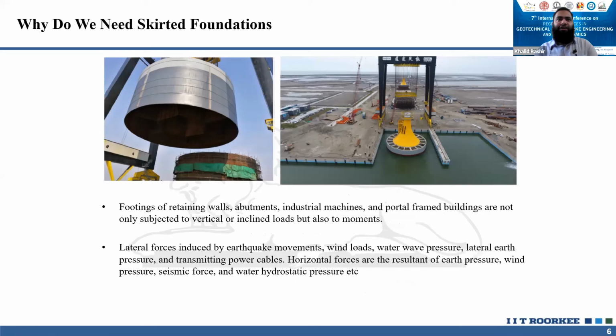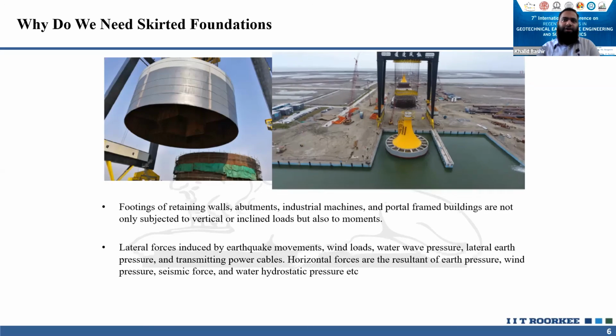Why do we actually need skirted foundations? We usually find lateral loads coming from earthquakes, wind loads, water loads, or transmitting power cables. So we can't only go with the traditional footings. They will not be able to cater to heavy loads or heavy lateral loads. So we will see how effective this skirted foundation is to the lateral loads as well as the